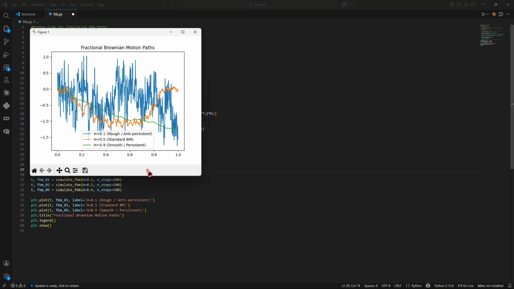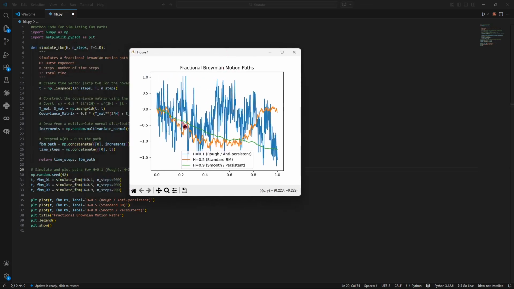it should be, yes, exactly, the blue one is the rough path. You can see sudden jumps up and down. The 0.9, we can clearly see there is a downward trend, and the orange path is the standard Brownian motion, where we have no memory, so the future doesn't depend on the